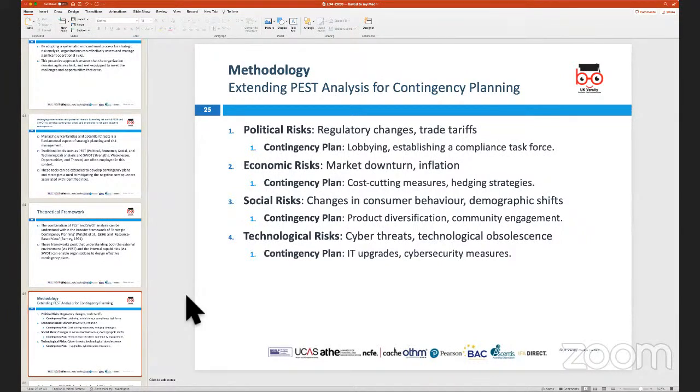So very briefly, if we look at PESTEL analysis for contingency planning and some sort of risks which the organization can face, which are from external sources, they could be political risk, economic risk, social risk, or technological risk. But within that, what could be these political risks? It could be regulatory changes, trade tariffs being introduced, like Britain exited Europe. So Brexit meant that there were certain trade tariffs and regulations which were put in place while dealing with Europe